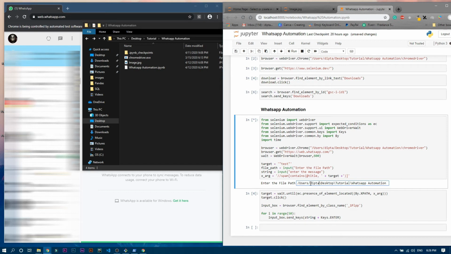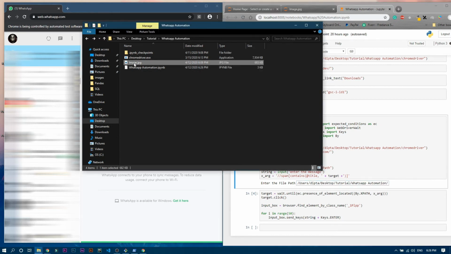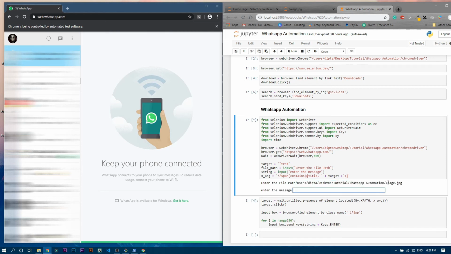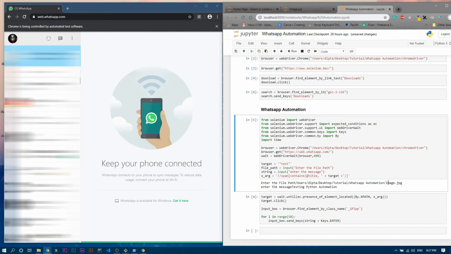So anyways, I'll just write forward slash. And there is one more thing, we have to write the file name. So it is actually image.jpg. I'll just copy the name and paste it over here, .jpg, and enter the message, right? So testing Python automation. Fine, let's run it.